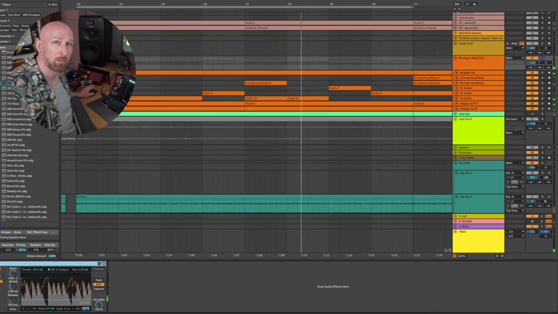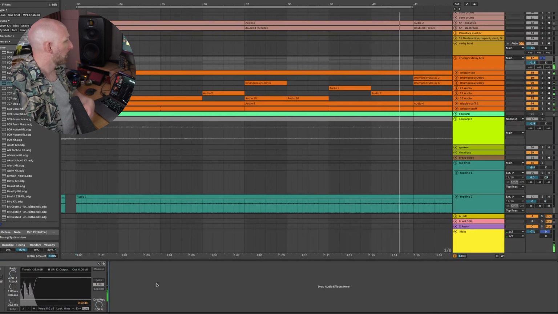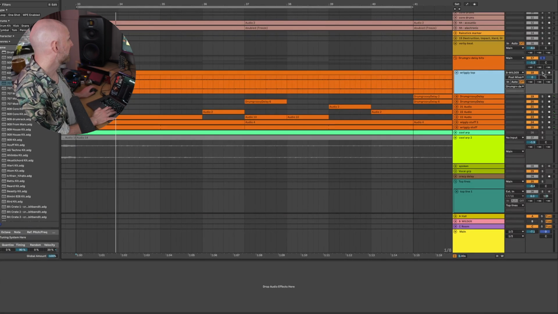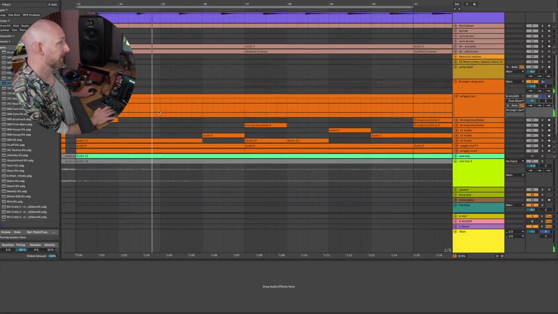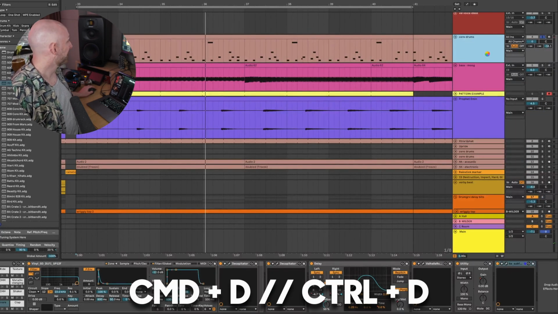Let's turn off this sidechain compression for now. Now I've sidechained them heavily to the beats, but let's just leave that off for now. What's a simple way of doing this? Well, this, for example, is literally just a matter of taking your core drums, Command D, which duplicates, and you